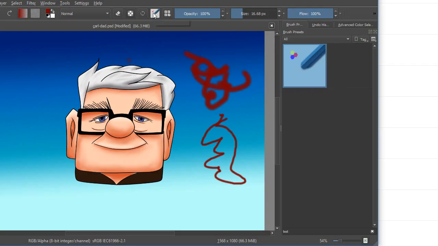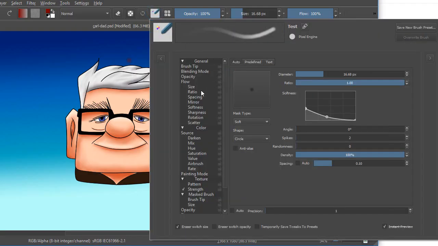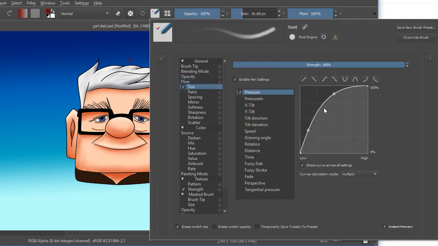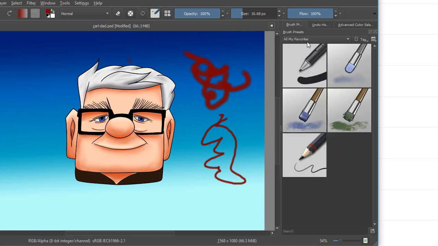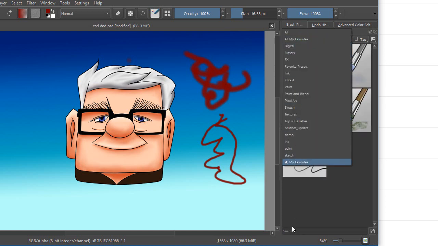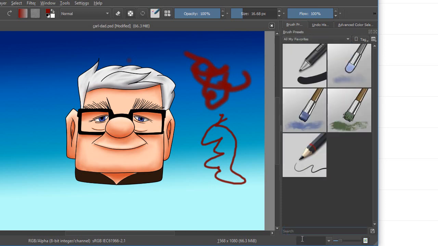But of course, if I go back in there and I edit the settings, let's make the size pressure dependent. And again, we see that that made a change. And so I'm going to overwrite the brush. And here's a little interesting artifact. It's kind of scaled out a little bit, but if I change to a different brush set and look for it again,